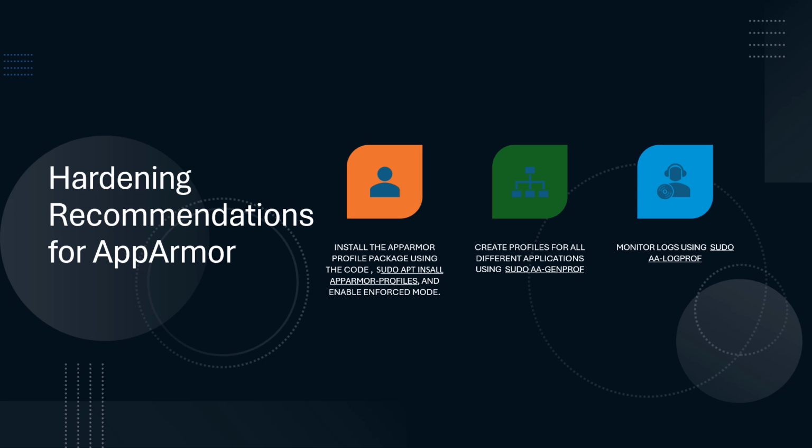When using AppArmor, there are several hardening recommendations that I would make. First, I would install the AppArmor profile package using the command sudo apt install apparmor-profiles, and I would enable enforce mode on any applications that you would consider a security risk. Next, I would create different profiles for all different applications using the command sudo aa-genprof. This is a profile application that helps you assign permissions to different profiles, which would be the applications on your